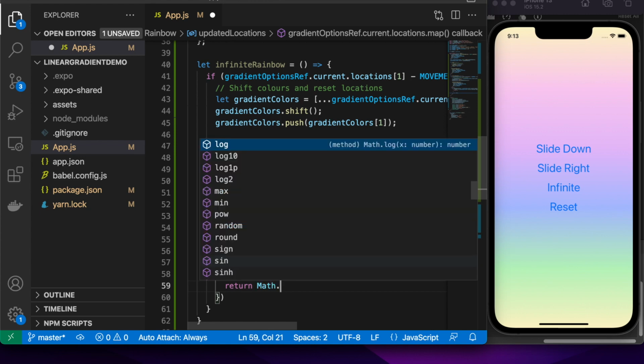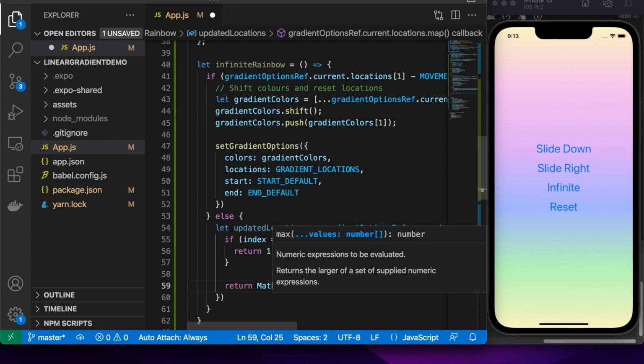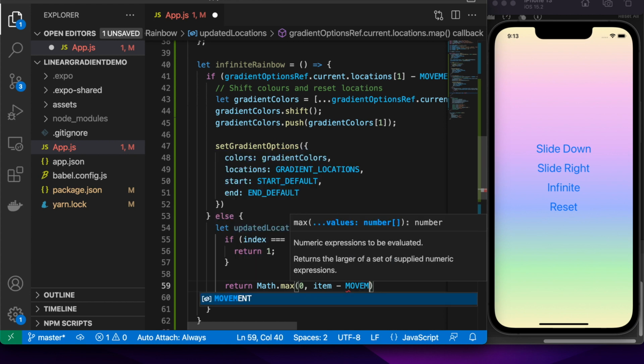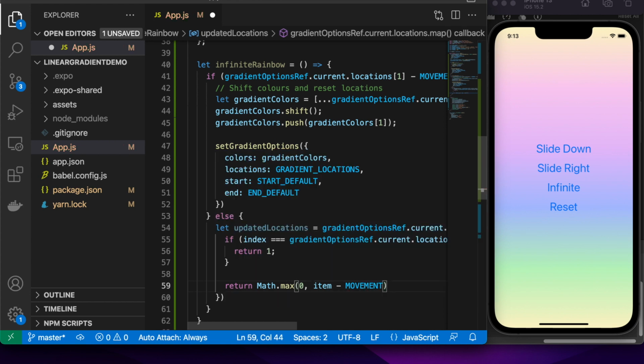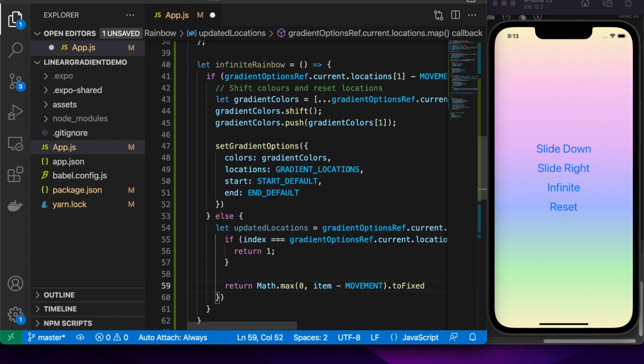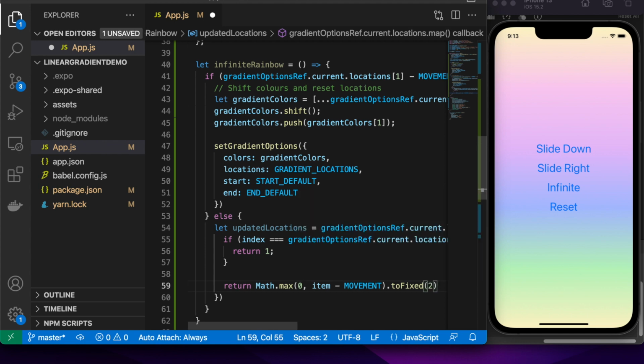So yeah, I'll do math.max, because I want to get the maximum value. I don't want anything below 0. So math.max of 0 or item minus movement. And then, like I said, toFixed, just to make sure I don't have any sort of rounding issues.